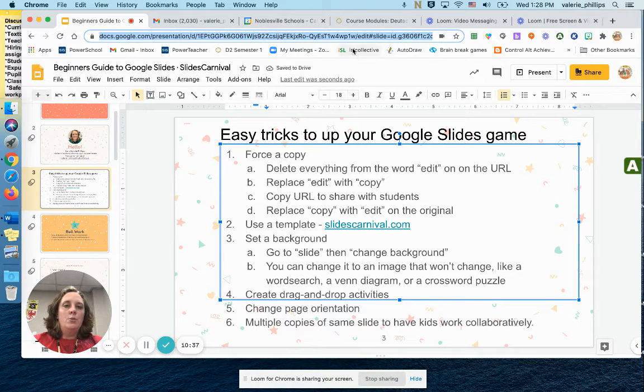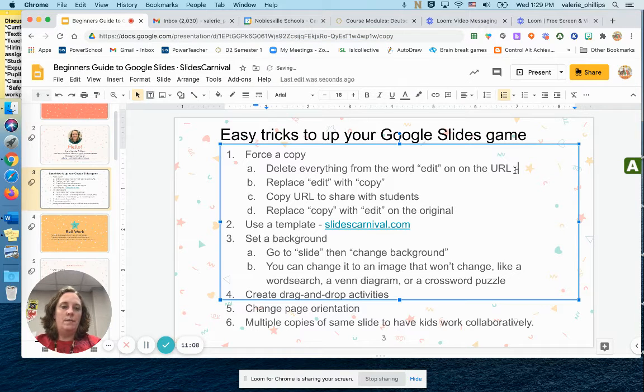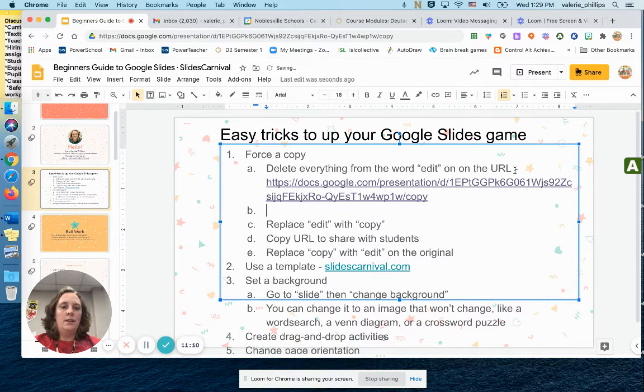So up here in the URL, you'll see where it says edit hashtag slide equals ID dot blah, blah, blah. You're going to take the word edit and everything behind it, and you'll delete that. You will then type the word copy. And once you put the word copy in there, then you can highlight and copy the entire URL and give it to students. So for example, I could put it on here, and then when students click on this copy,